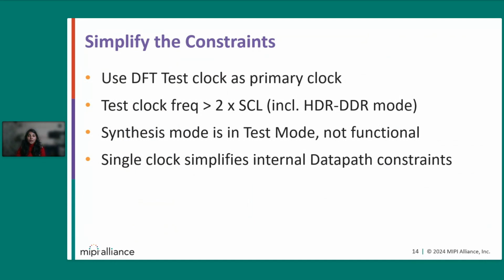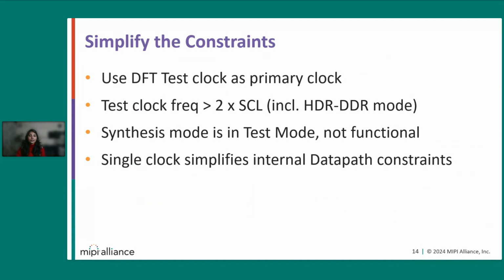Since we know that in I3C we can have multiple clocks. We can have an SDA line as a clock. We can have an SCL line as a clock. We will have a system clock. We can have a DFT clock. So take the test clock as a primary clock, and this works well because the test clock frequency is higher